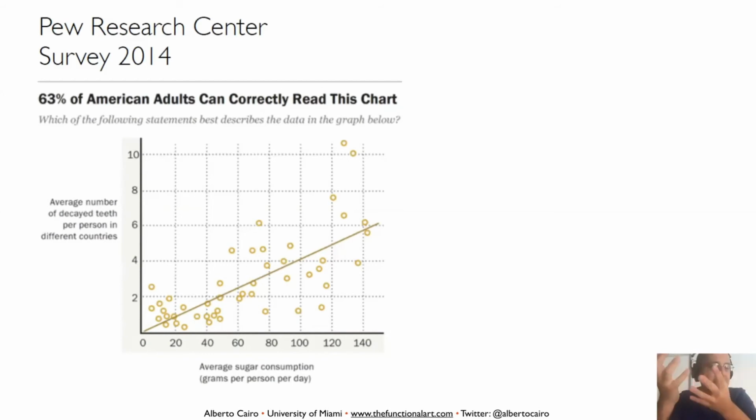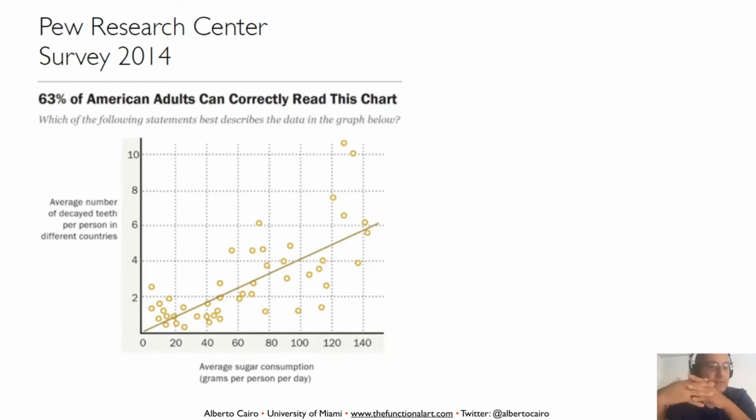Obviously, the grammatical level of understanding here is that each dot is a country, the horizontal position means something, and the vertical position means something else. That's the grammatical understanding of the chart. And only 63% of people could read this graphic. The other 37% could not. Interpretations were all over the place. "Oh, this thing is showing change over time, or comparing different..." And that's not really what the chart is showing.